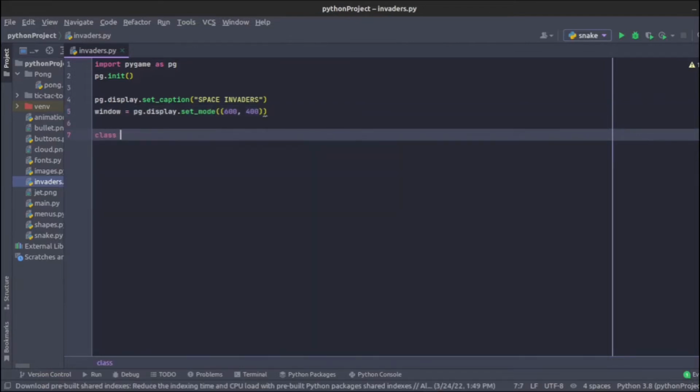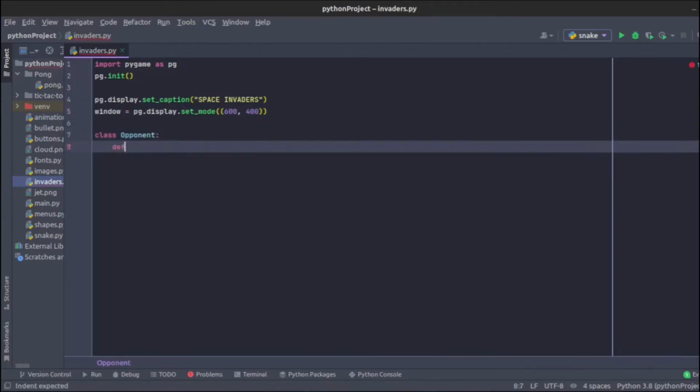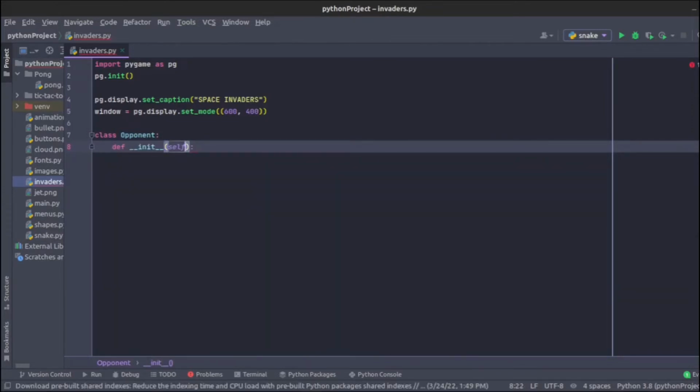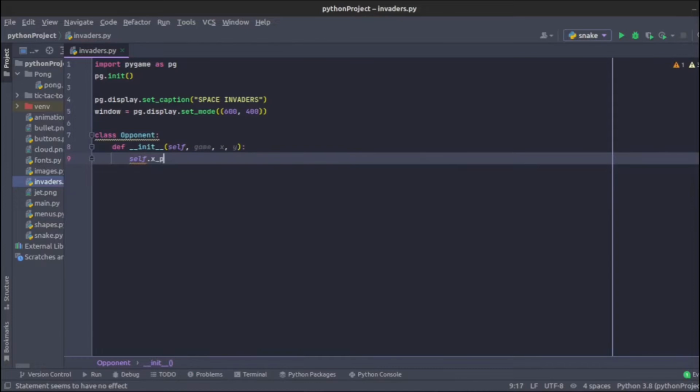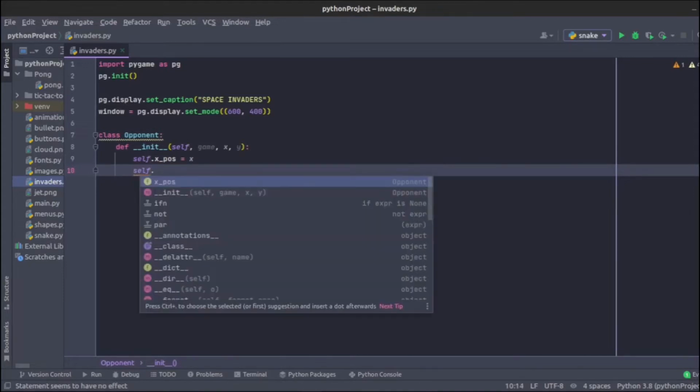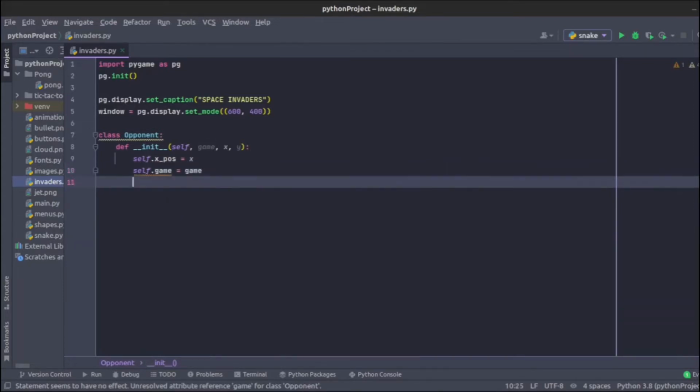So class opponent, and in this let's define the constructor. If you don't remember how all this works, you should go back to the object-oriented programming lesson and just do a little review. So inside of our constructor, let's include the game, x and y parameters. And now let's set the self.x position equal to x, the self.game equal to game, the self.y position equal to y, and the